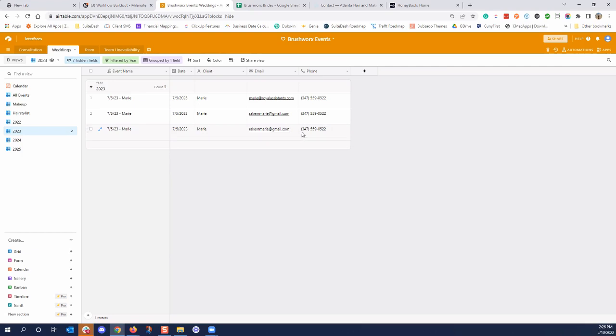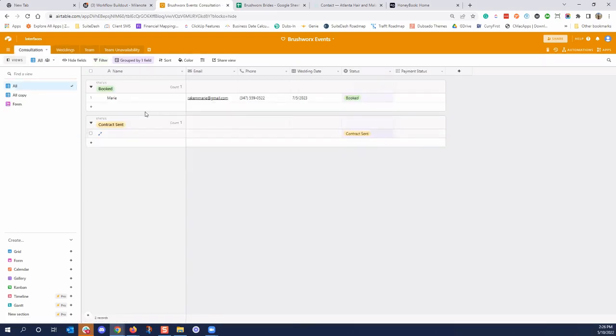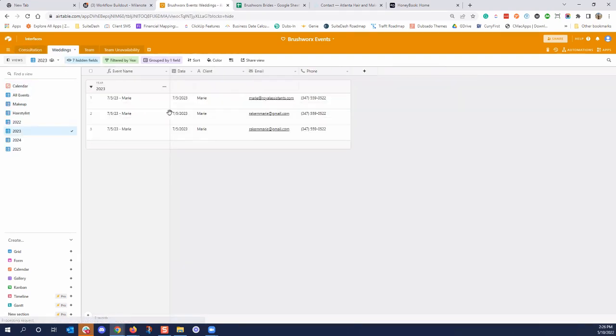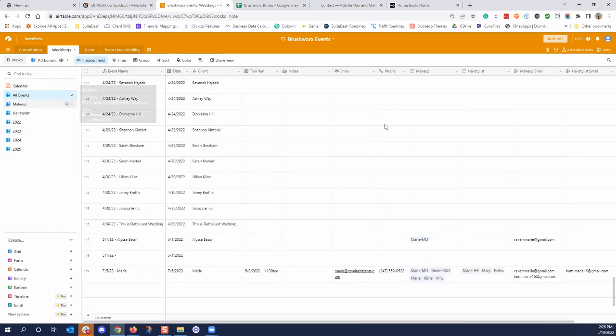And the reason why I have this information here as well is so that you can automatically have this visual here instead of having to go back to the consultation field, look up their name, and find out what their email and phone number could possibly be. So it's automatically going to be here with you. All right. So once we do that, we're going to have that field again, where instead of the makeup artist and the hairstylist, it's going to have that one artist field, and it's going to say, okay, you're on this thing.